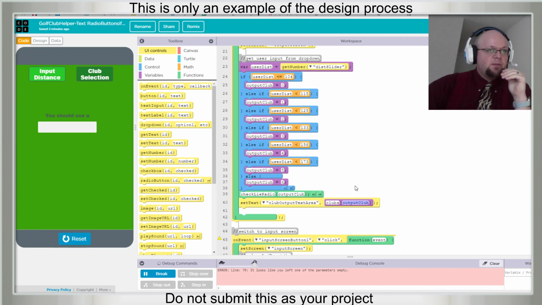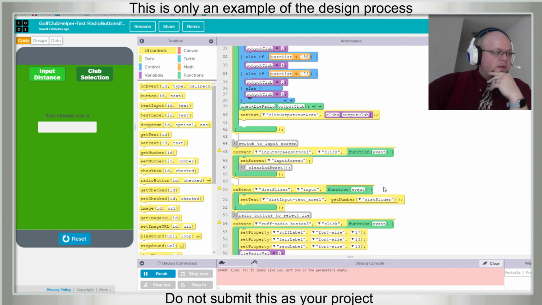Remember, a variable is like a box that you can keep something in and keep changing. An array or list is like a series of boxes where each box has a number, and you can put something inside that box, and it's referenced by its index, which in this case, output club is going to be. It really should be like output club index, but that's fine.